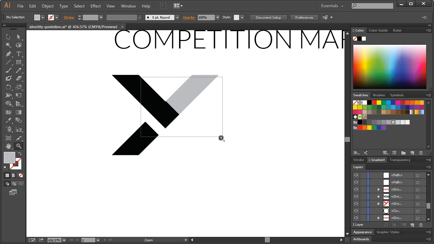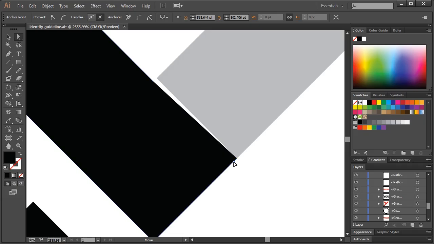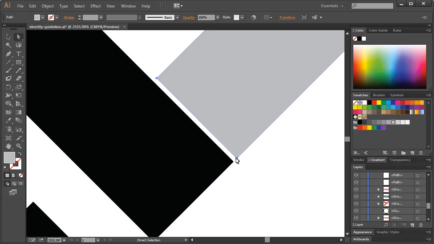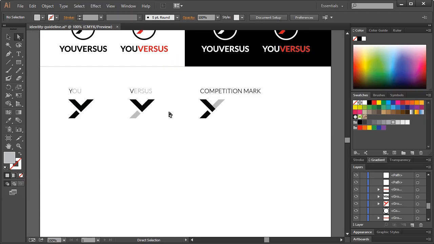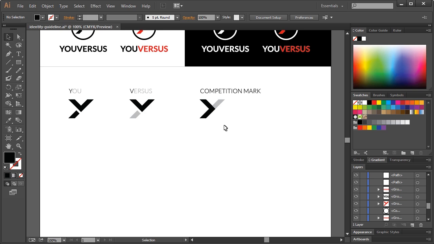And what we can do real quickly, if I zoom up here, is select this with your direct selection tool, delete it, and then just move this down slightly. And then we could take those 2 points, hold shift and move them right against it. All right, almost done. And then we can take these 2 points and simply move them up. Perfect. All right, so we're naming this the competition mark, and this is just the first part of demonstrating